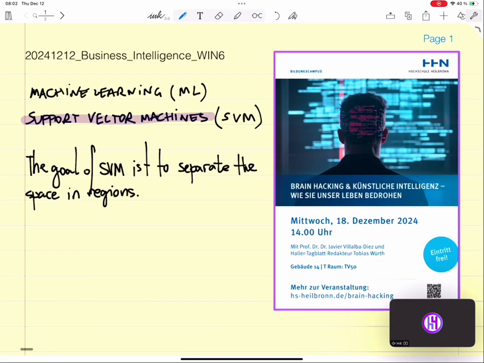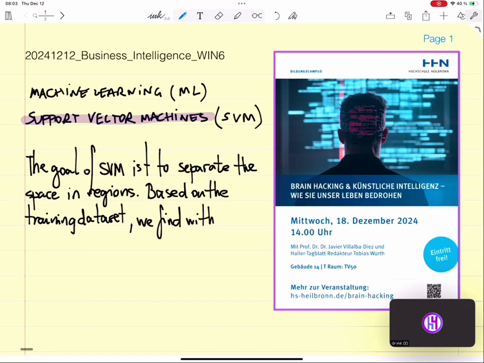Okay, so based on the training data set, we find with support vector machines the optimal separating line